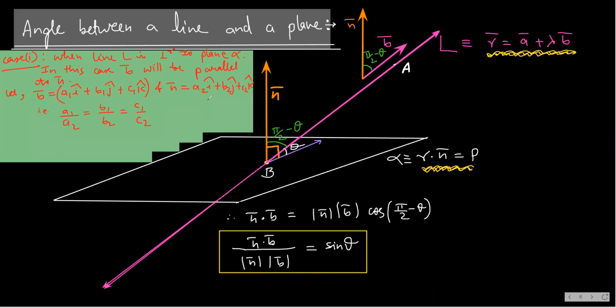So this is case one, when the line is perpendicular to the plane. When the line is perpendicular to the plane, remember, the line becomes parallel to the normal of the plane. Now I go for case 2. See, what is case 2? In case 2, we have,